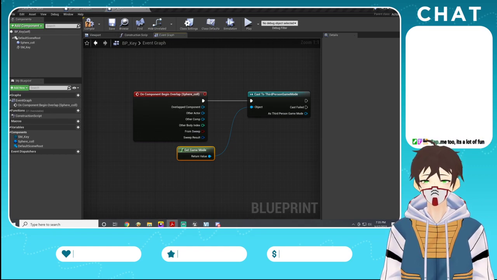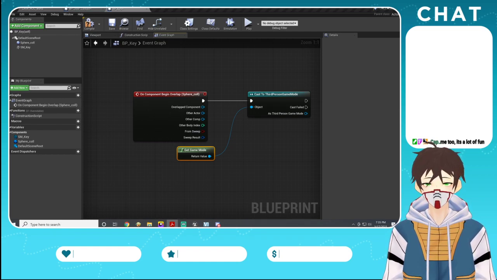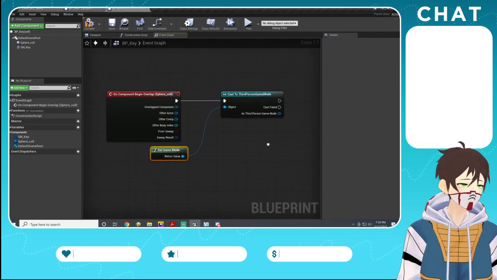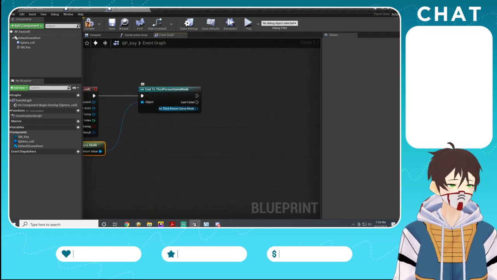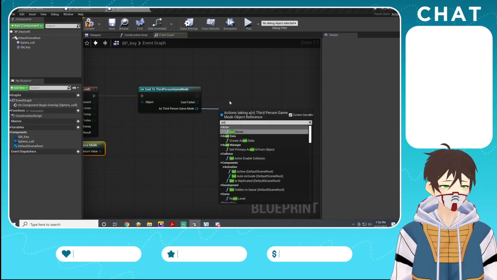While you're doing that, as the blueprint is talking to the game, what do we need to add to achieve this? Pull the wire from the bottom blue pin. Third person game. Cast to third person game. Search for "set have key" as third person game mode. Here, set